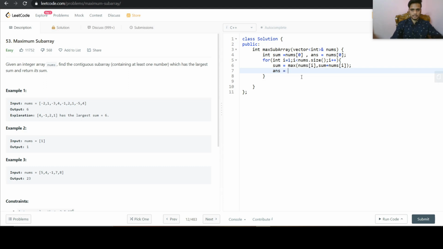And our answer will be the better one from our existing answer and the sum. So we will assign the answer as the first value, and if we get a better sum, then we will assign that to the answer. So at the end, we will return answer.